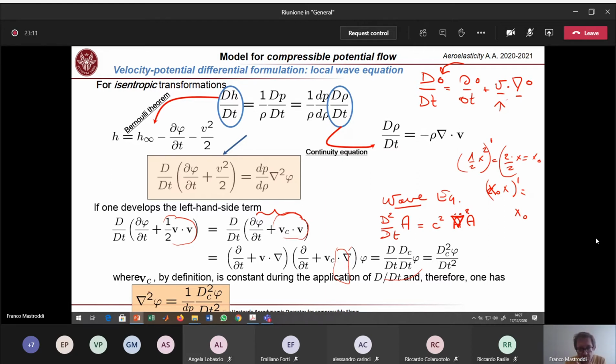So you have to define a local frame of reference with the velocity of the particle, and in that frame of reference, your flow in terms of velocity potential is a flow with the same law of a wave propagation. Okay, so in other words, your velocity potential is propagating as a wave with the velocity equal to the square root of dp over d rho, but